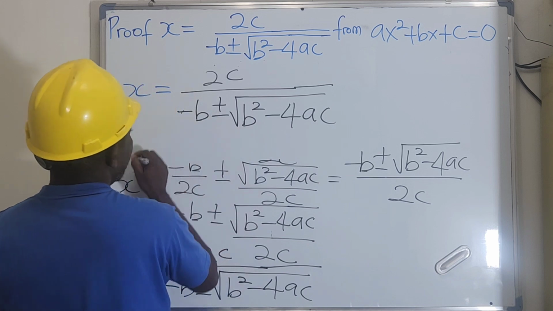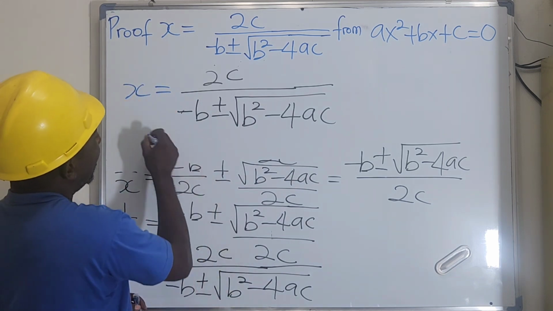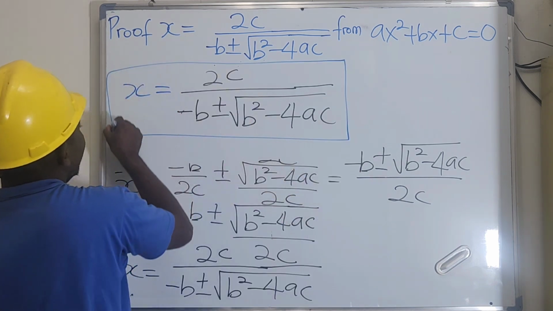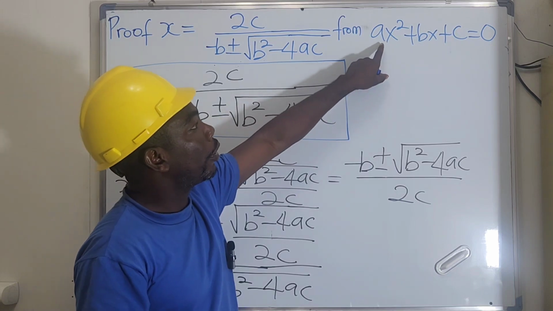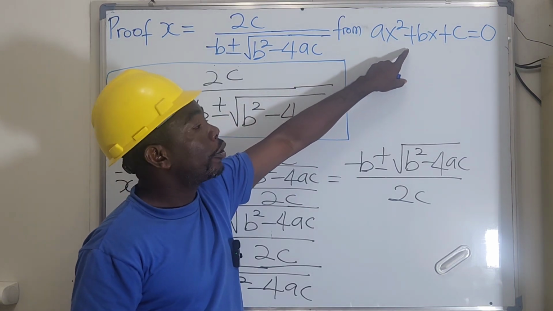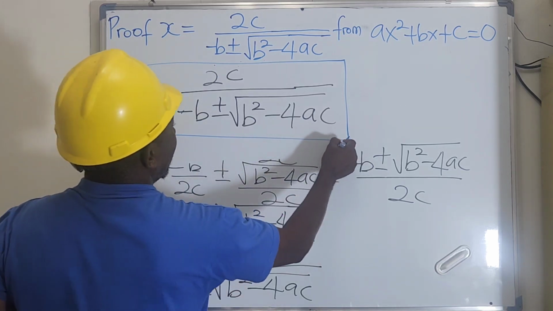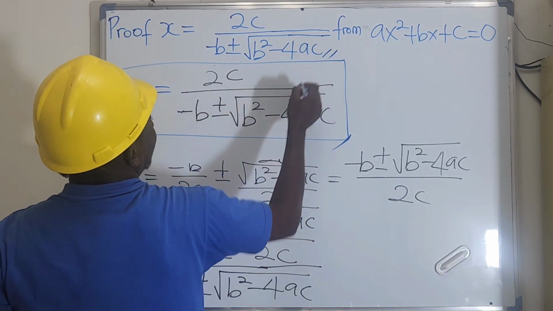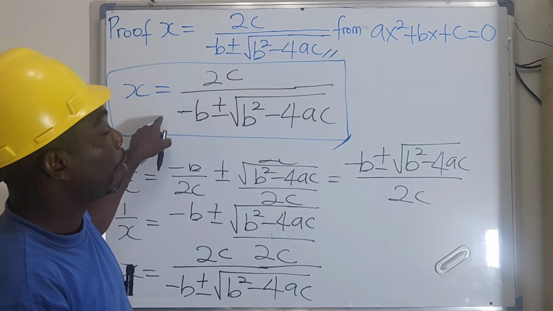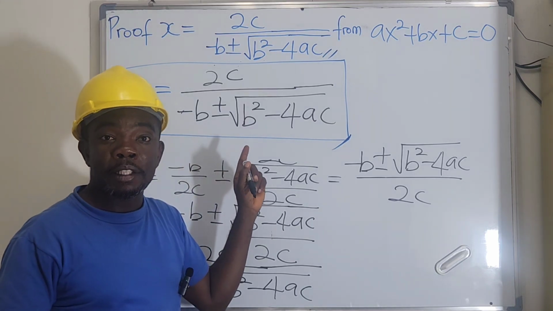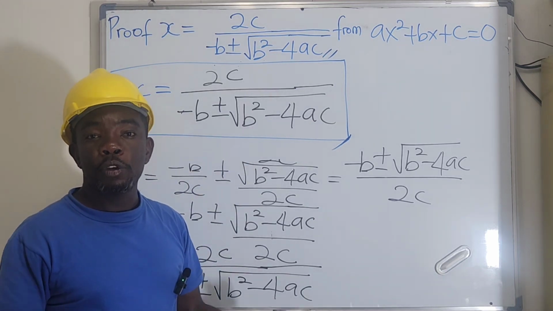So this is our alternative quadratic formula, and we've proved it from the equation ax squared plus bx plus c equals to 0. So what we have here is what we have here. It's the same thing. This is our alternative quadratic formula we are going to use to solve